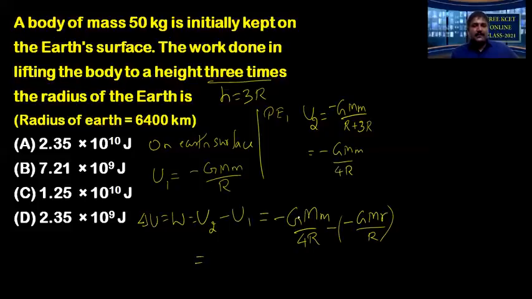So GMM by R it is. So GMM by R divided by R. Okay, into what is the part inside? So it is 1 for the second term, and 1 by 4 is there in the second term, but minus it is. So 1 by 4. So 1 minus 1 by 4 is, so I write here calculation part, delta U equal to 3 by 4 into GMM by R value.